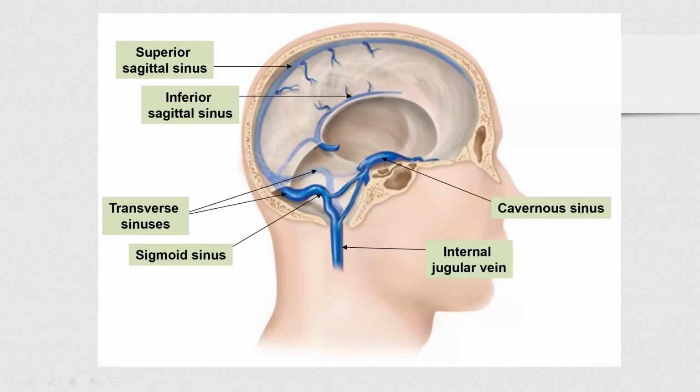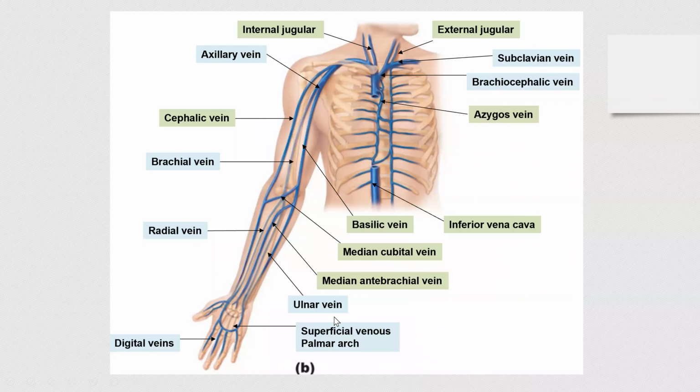Okay, so now we're going to bring blood back from our upper limb, right? And we're going to start with digital veins, superficial and deep palmar venous arches, right? So remember everything in blue means you have the same artery. So we have the palmar arch, but now it's a venous arch, superficial, and over here we have deep,